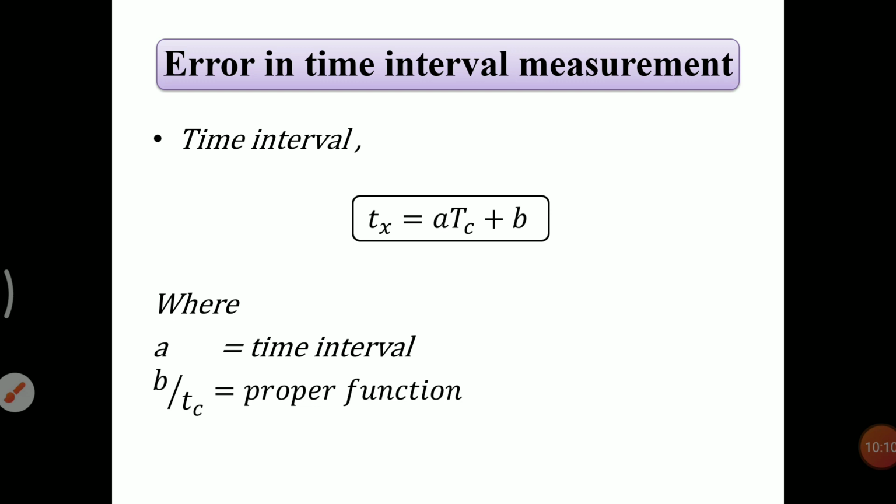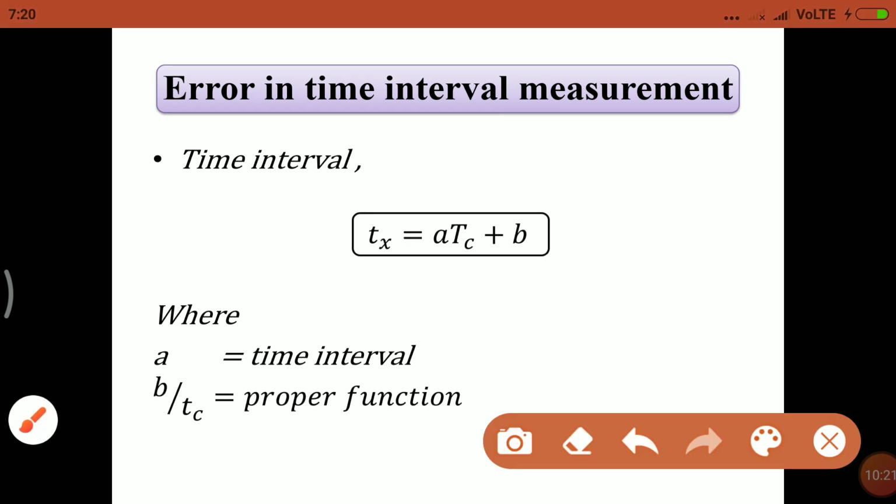Then error in time interval measurement. So how to measure the error in time interval measurement? The basic formula for measurement of time interval is Tx equal to A into Tc plus B. Then what is A? A is called as,